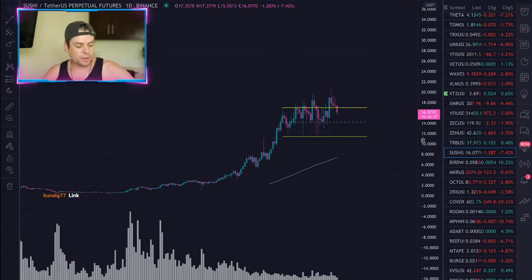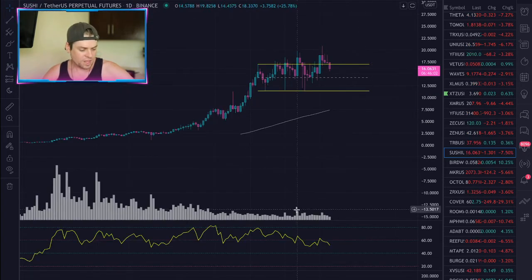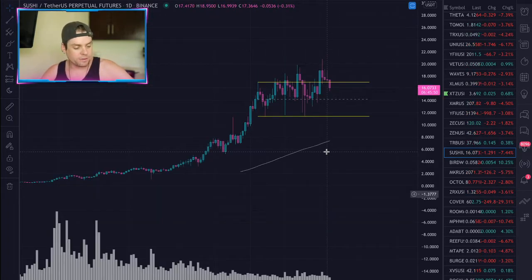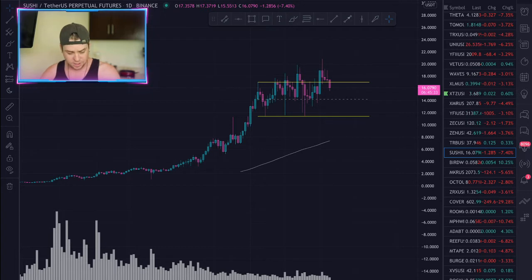Sushi is. Now, again, we're seeing a lot of these assets slow down in momentum a little bit. There is a little bit of a bearish divergence on Sushi. You can see on the RSI, we're having a decrease in the relative strength as the asset is starting to creep up to the upside. So there is a little bit of a bearish divergence there. Also, just the volatility inside of this range, we keep trying to break out of the range and get a failure. Breakout, fail, breakout, fail. So it's showing that it's really hard to commit to the upside.